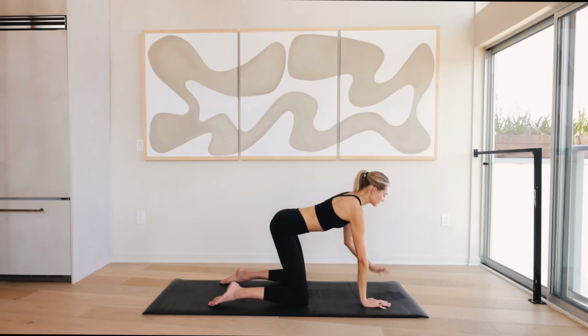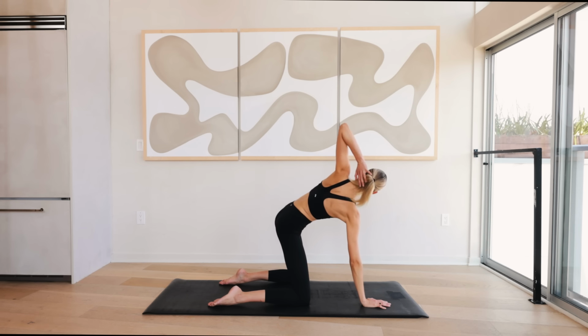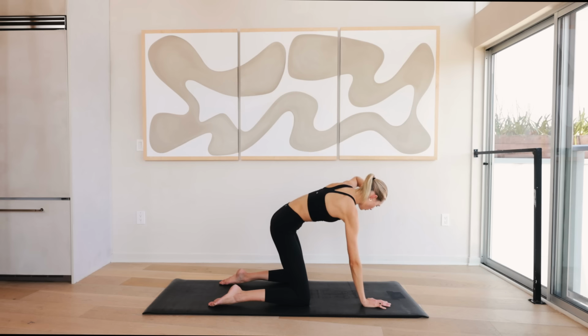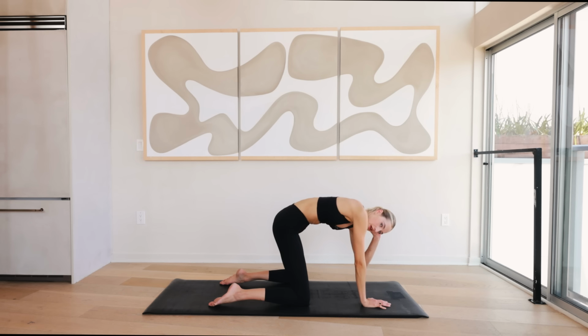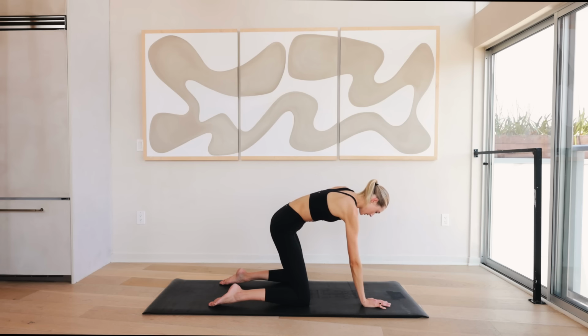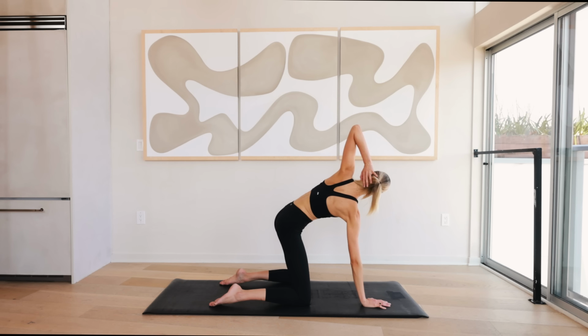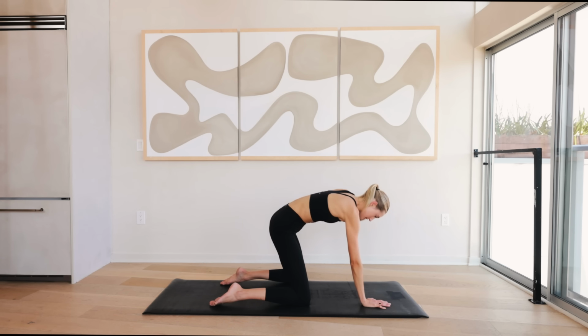Come to the other side. Bring that left arm behind the neck. Take a deep inhale. Then open up that chest and use that core while you're moving down. This is a stretch, but also a core strengthening exercise. Focus on that breath. Open up and slowly come back down for 6,